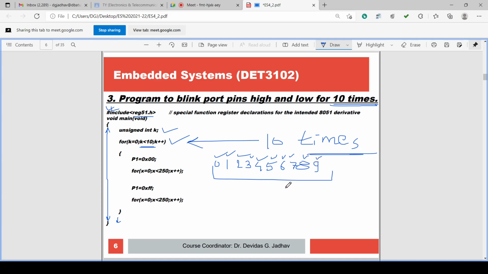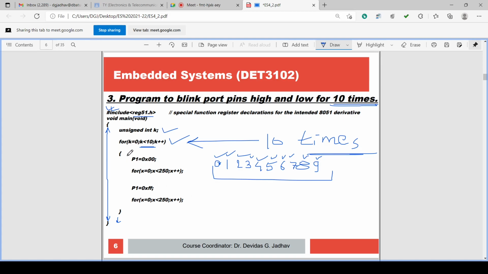It executes 10 times. When k becomes equal to 10, it will not execute. So from k equal to 0 to k equal to 9, 10 times it will execute. Right. The for loop will execute 10 times.